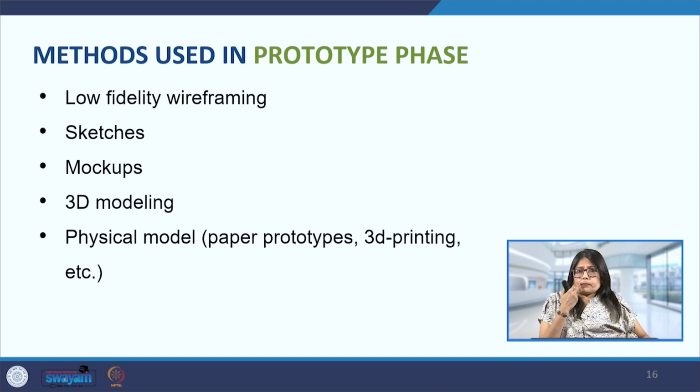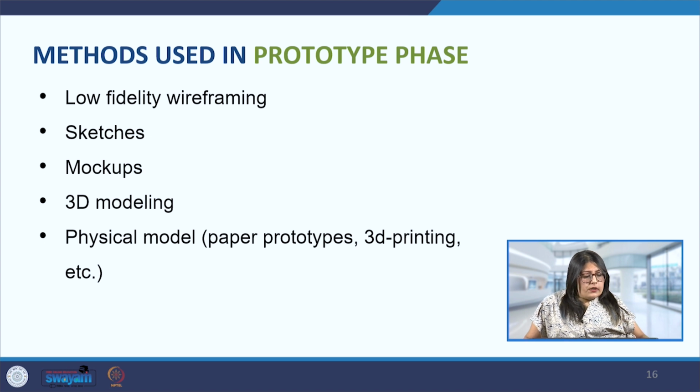So if this is, for example, a tangible product, say I have to design a remote like this, then before I go on to injection molding and coming up with a final product, after the sketches stage and making it with maybe a paper model or a thermocol model or a clay model, I will go on to 3D print this particular remote to see how it fits, the size of it, and whether any change is required. So this is a very helpful method as well.